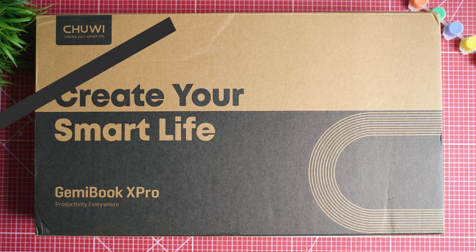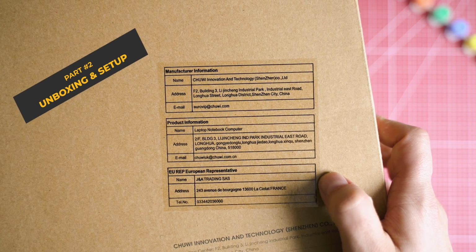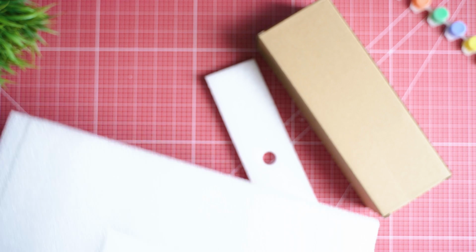Therefore, unboxing time. Chuwi are among the famous Chinese tablet makers with some pretty decent releases over the past years. However, software updates have been the weak spot. Having now a system with Windows is quite a different deal, so I can't wait to bring it into the discussion